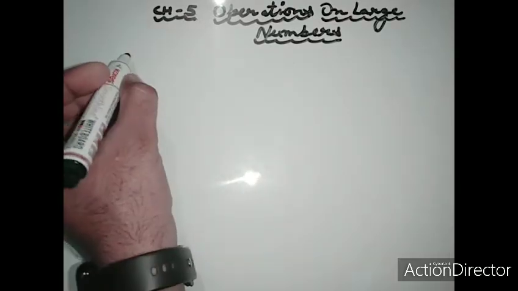So we use different operations on large numbers, like subtraction, addition, multiplication and division. Here we first start with addition, right? Here we take some large numbers and add them. So if we take the first example here,